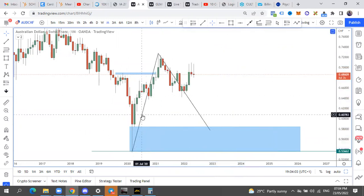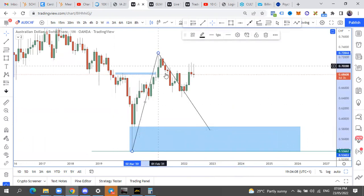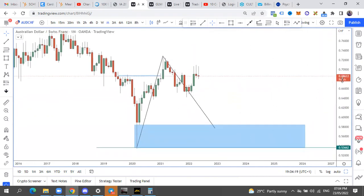So we have seen this as an impulse move, and I've always told you that whenever an impulse move takes off, you don't jump in. See, one of the prices an investor pays is patience. And I know a lot of us are intraday traders or scalpers. We just want to catch every move. But guys, the main moves are not in the